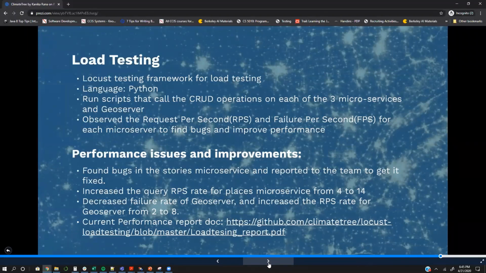We also tested the 90th percentile for the API calls, and we did this for all the microservices. While doing that, we were able to improve performance by about twice in some microservices. We have a comprehensive report at the given link.